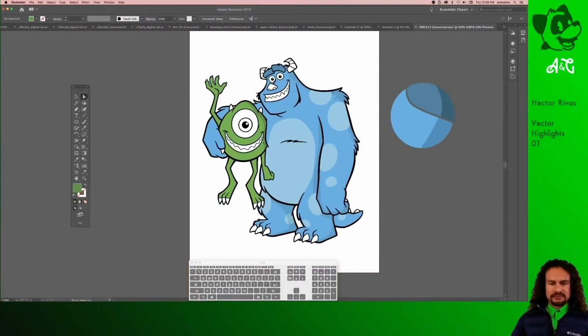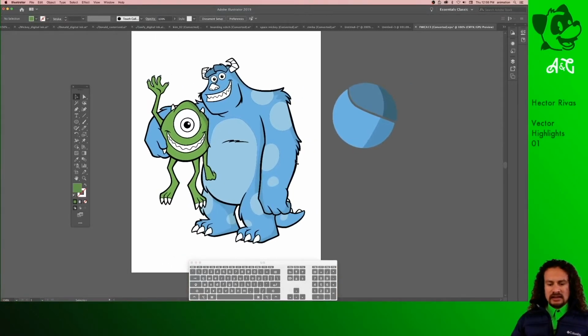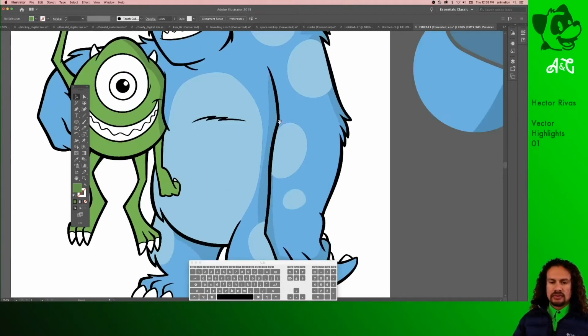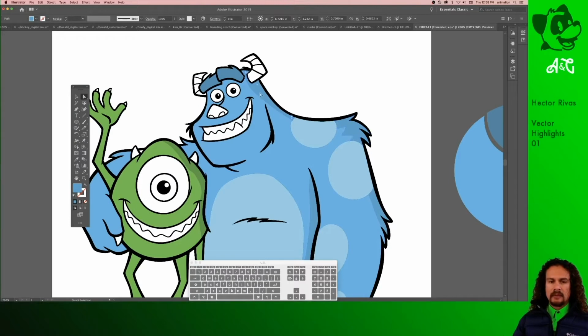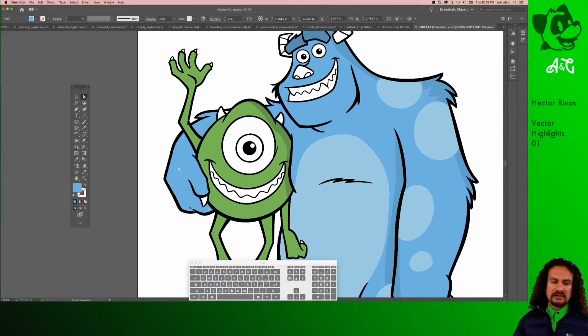Launch Illustrator. On vector shading, I showed you how to use the knife tool to create these shading effects. Well, we're going to use the same tool for vector highlights. So it's going to be in similar fashion. You're going to select shapes. Now, this time,